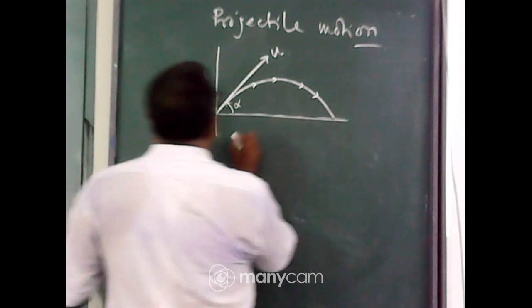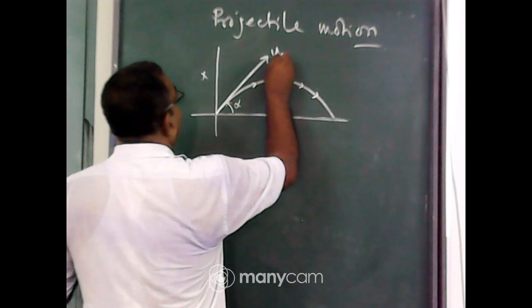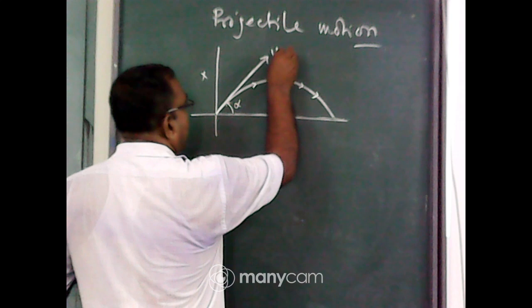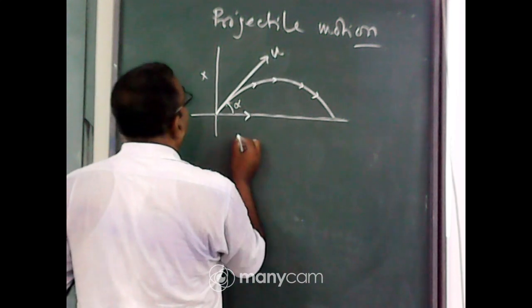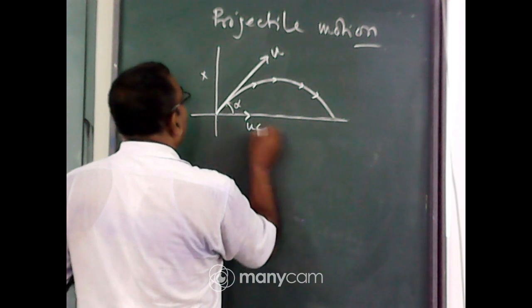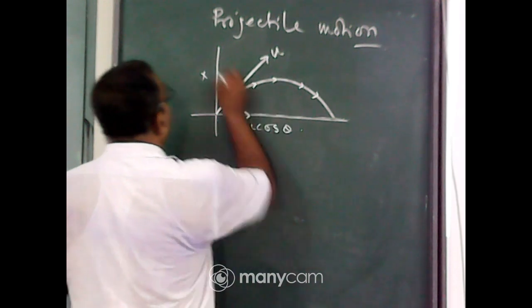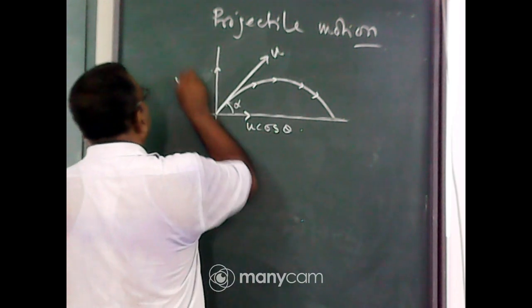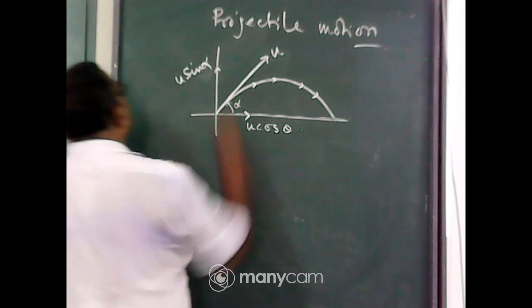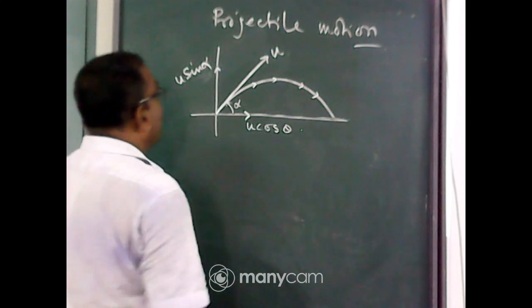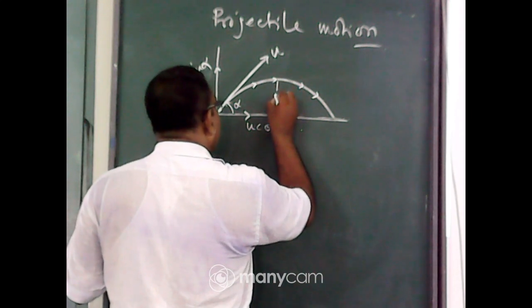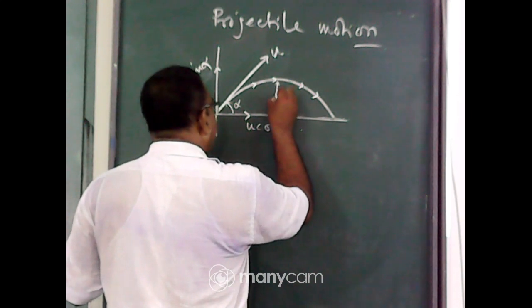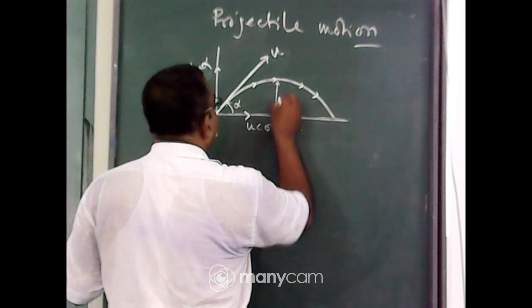So, you know the component of vector, velocity is a vector. So, along the horizontal direction, the velocity of that particle is u cos alpha, and along that direction is u sin alpha. My dear student, you check it. The maximum height from the surface of the earth is h.